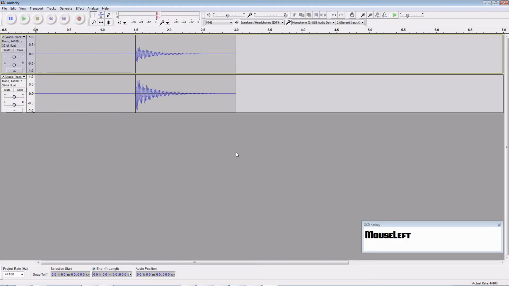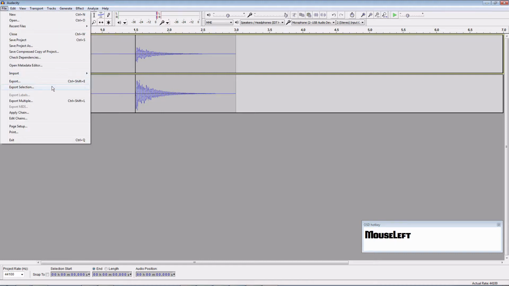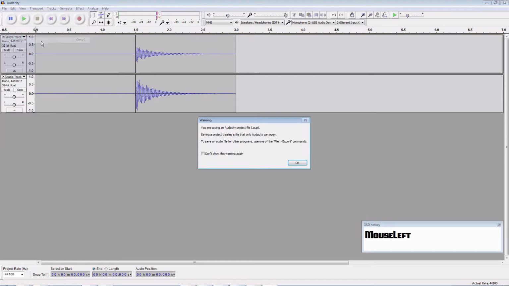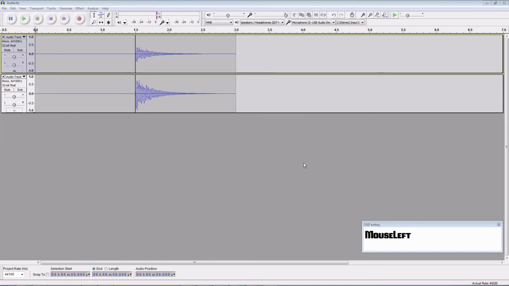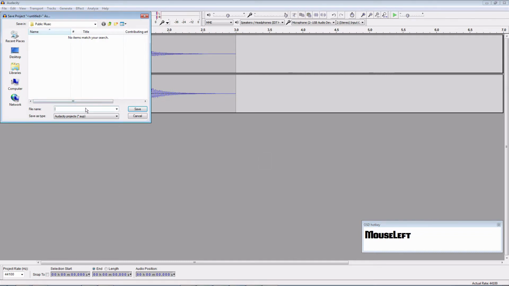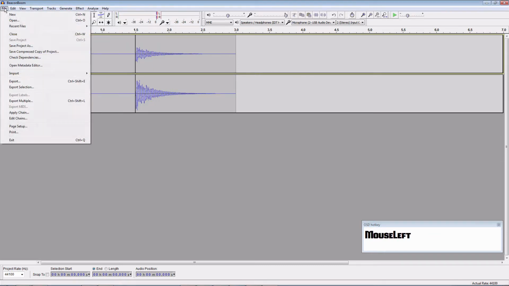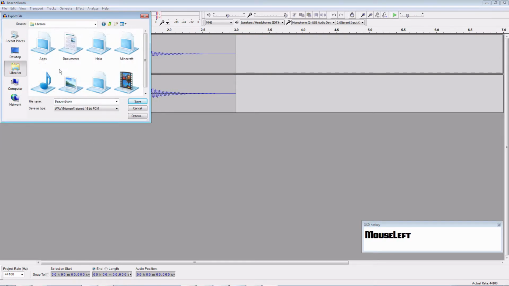When you have a sound that you are happy with, go ahead and save this out. I'm going to save the project, sure. I'm going to save it as beacon, boom, and let's export. You can save it as OGG or WAVE, but